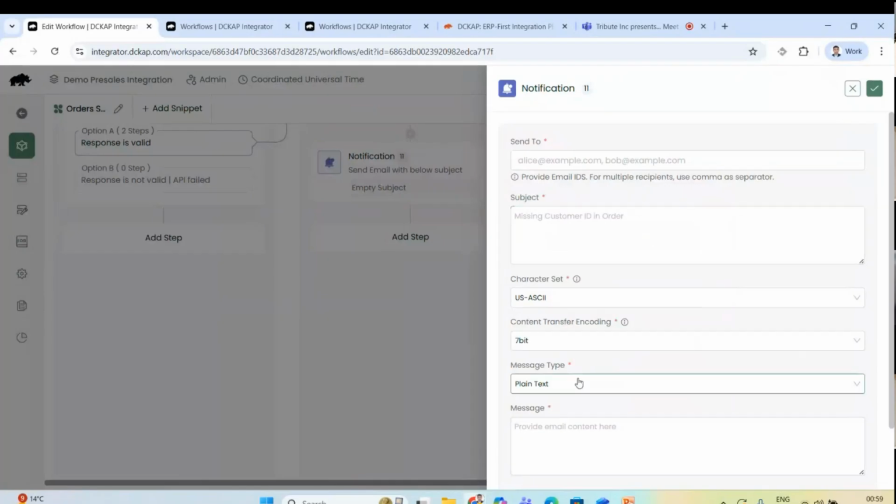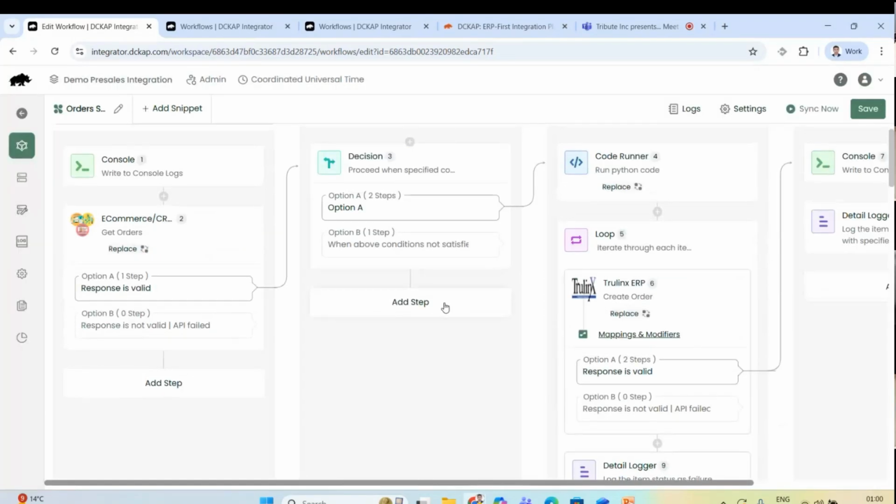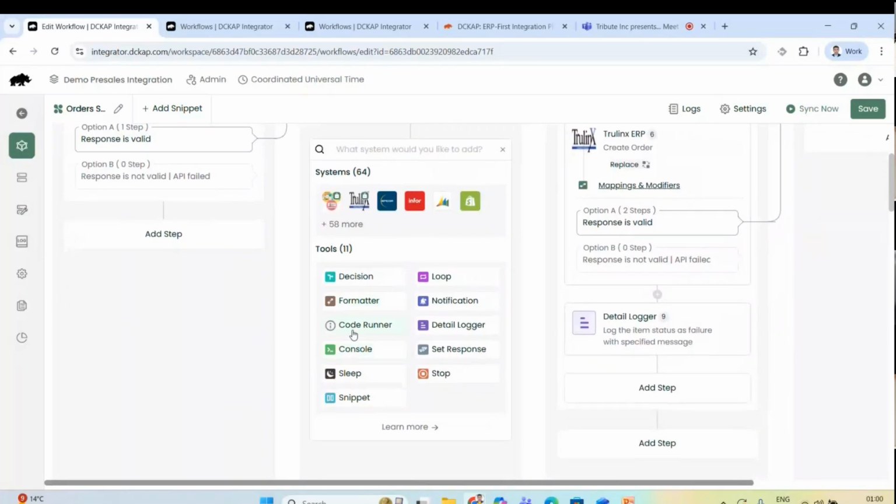The notification is based on any particular logic. You can actually send a notification email to one or multiple stakeholders. Certain examples are, for example, in an order sync, if there are certain SKUs that do not have inventory, and you need your team to know beforehand, you can send these notification emails to your team via the integrator itself. This is one small example, but you can do multiple things as well. It's very useful for internal notification in terms of the workflow logic as well. Now I'll go to the code runner,